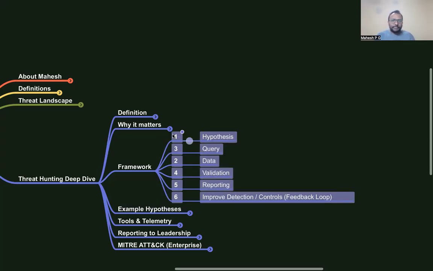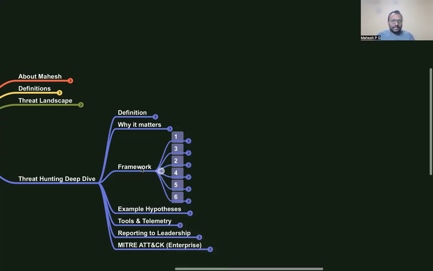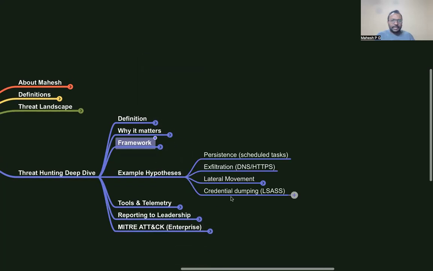I would like to give you some examples of hypotheses. Let's quickly dive into that. Persistence, like an advanced persistent threat: what are the things that happen in my organization as part of an advanced threat? Persistence, lateral movement, elevation of privileges, like root admin or admin accesses we are seeing, and it is getting failed. Those are all part of threat hunting for persistence. Then exfiltration: there is some data movement happening from the internal to the external world. That is also very critical.